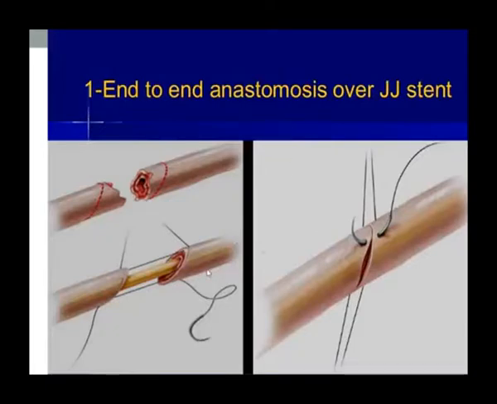You can appreciate here this is the type of ureteric injury. You have to spatulate it, that means cut obliquely like that. Oblique cutting will maintain the patency and minimize the chances of ureteric stricture. So you can see it obliquely cut, and this is being repaired.